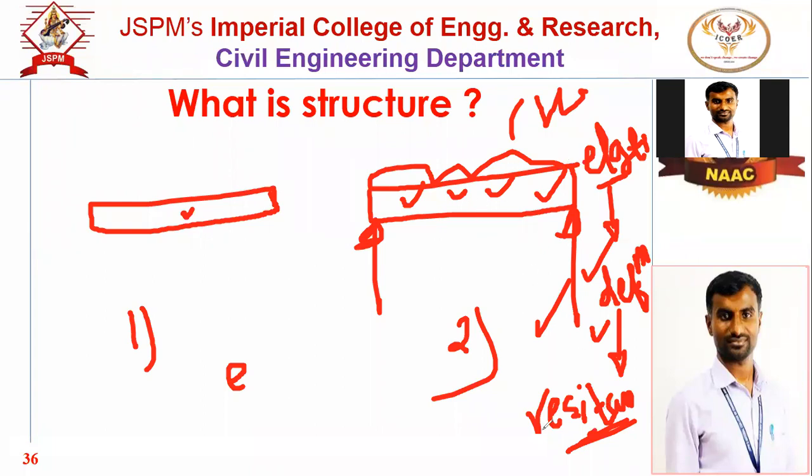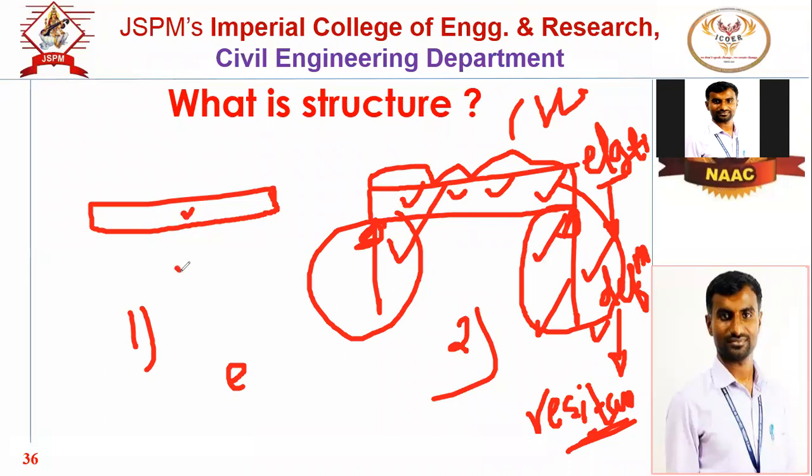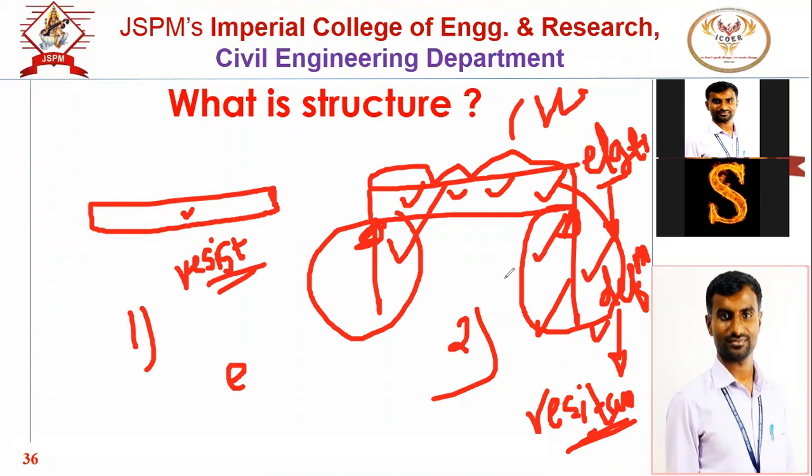And this resistance is given by these reactions. See how this resistance is created, these are the reactions. So these are nothing but the opposing resistance or the opposing forces. This is the resistance given by the elastic body. Sir, that means resistance will also be due to internal stresses? Yes, it will also happen due to internal stresses. So whenever there is an internal stress, this is the body, it is not subjected to any kind of loading. If you apply the loading, and one of the ends is fixed, so that is also a structure.